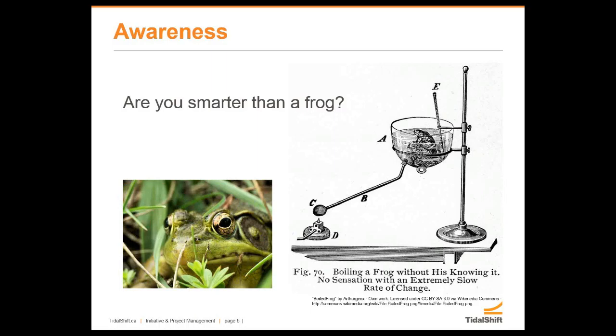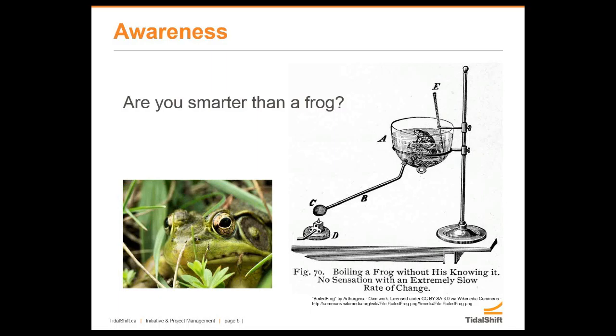So in 1869 was when the experiment was first done by a German psychologist, Friedrich Goltz. And he basically put a frog into a pot of water, very slowly heated the water, and the frog did not jump out, and it in fact cooked. Now, the problem with this experiment, though, and this has become kind of a parable of, when you have an environment that slowly changes, we might not be aware of those changes